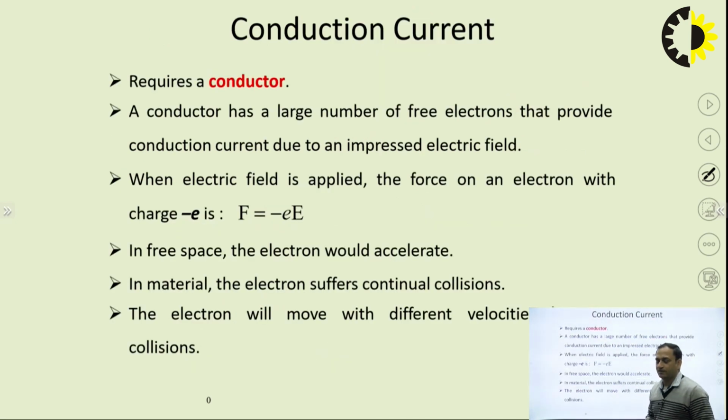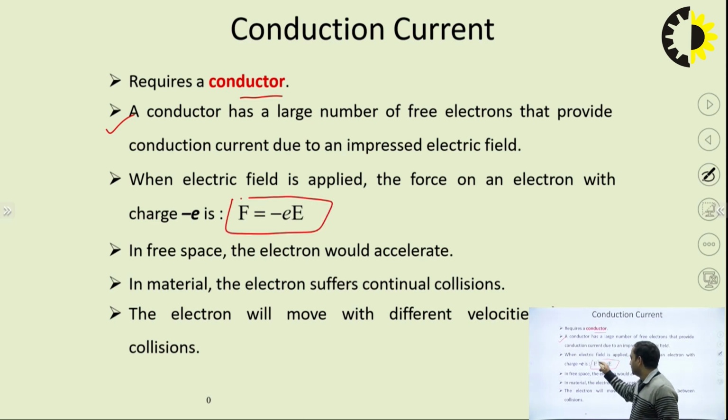Now when we talk about the conduction current, what is the requirement? Conductors are required, and one of the differences between the convection and the conduction current is that in the conduction current we have a large number, or an abundance, of electrons in the material. This is the second point. And as I said, when a large number of charges are there, it means the